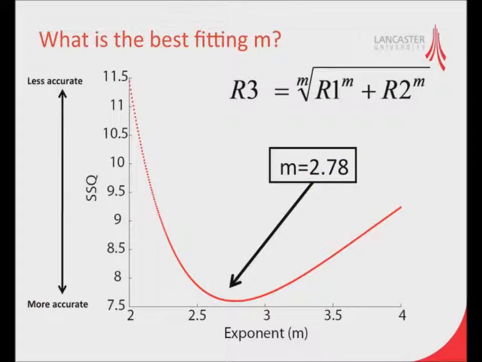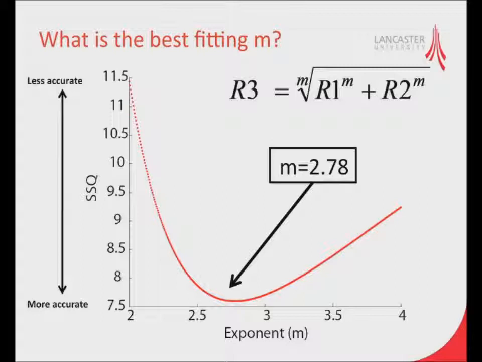So to find the actual best fitting value of M, what I did was I just ran an iterative fit. Okay. So if you look here at the x-axis, you have different values of M. I ran the model for different values of M, and on the y-axis, I have the sum of squares. So that's basically the error, the difference between the measured and the predicted. Because this is a sum of squares, the higher the value, the less accurate your model. The lower value, the more accurate your model. So you want the dots to be as close to 0 as possible. That tells you which values are the best ones.